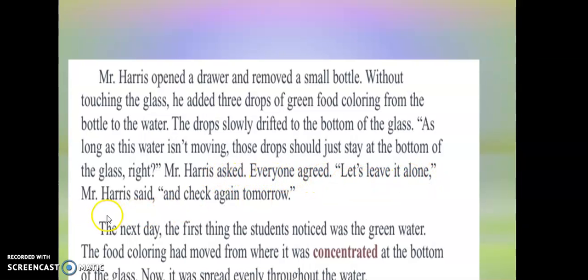Let's leave it alone, Mr. Harris said, and check it again tomorrow. The next day, the first thing the students noticed was the green water, obviously, because the drops of green liquid had spread around. The food coloring had moved from where it was concentrated at the bottom of the glass. Now it was spread